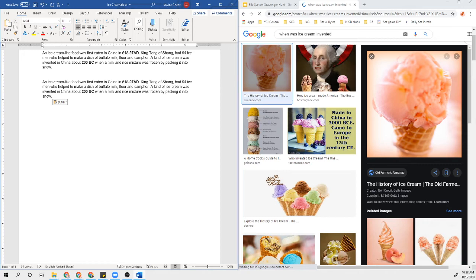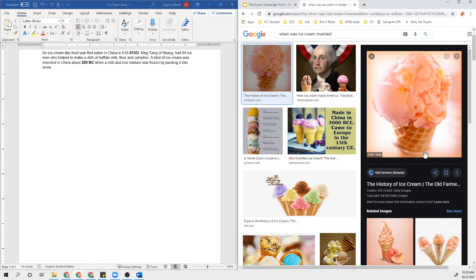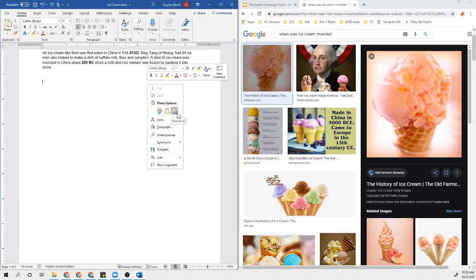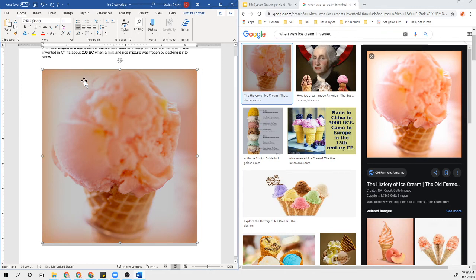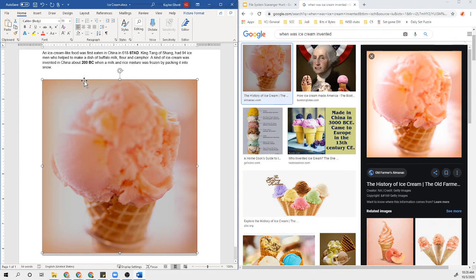Let's try that again. Copy image. Paste. There we go. Paste picture. And the way I got that menu was just by right-clicking on my file. Oh, that's a really big picture. Okay, so